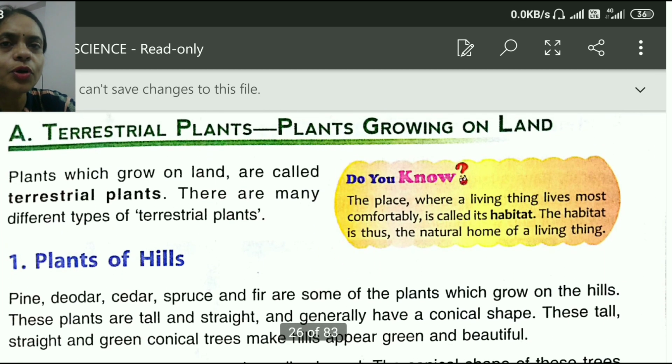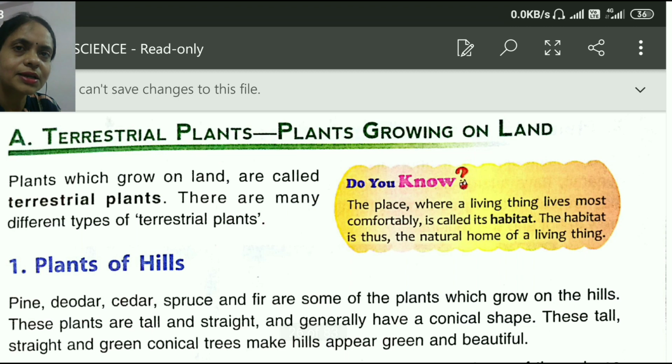So before going to the terrestrial plants, let's know what is habitat. Habitat is a place, a natural home in which living things live most comfortably. Can you answer me one question? What is the habitat of a bird, or where does a bird live comfortably?